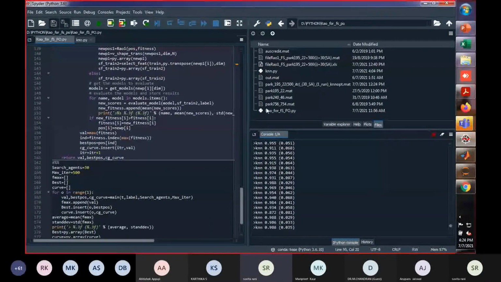So this is all from my side. If you have any queries or questions about how the meta-heuristic algorithm works, or how we tune the hyperparameters, you may ask. Any questions from the participants?